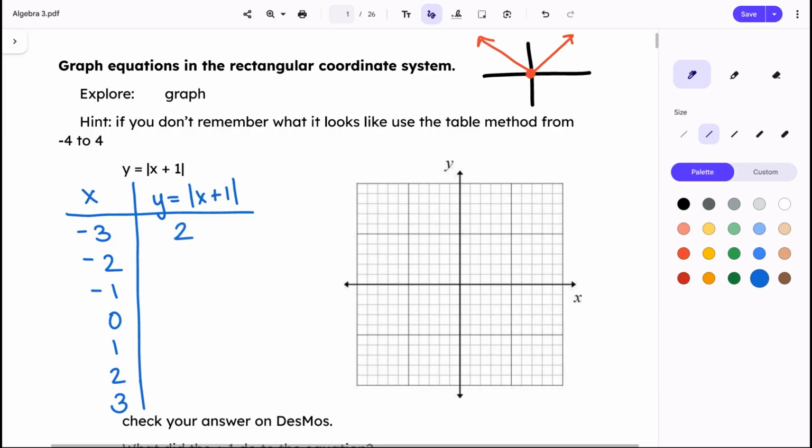What would you get if you put in a -2? 1. If you put in -1? 0. And then 1, 2, 3, 4. And so it's going to continue to just go up, because it is still linear. It's like a line, but it just has two different parts to it because of that V that it's going to make. So then if I go over here and I graph these,